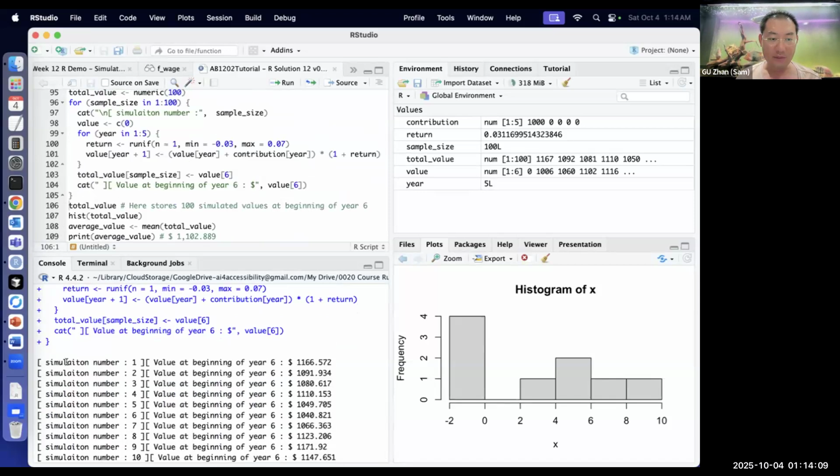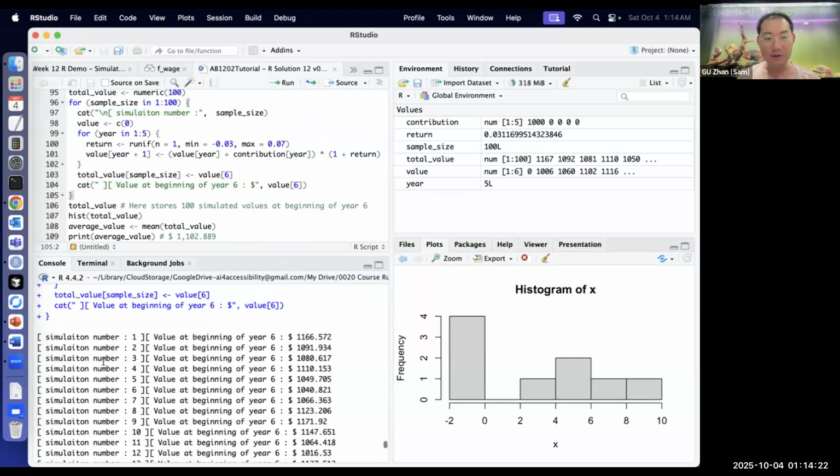The first part of the simulation number is shown here. Then the second part, the value at the beginning of year 6, is here. So they will be concatenated together and shown as one line. Okay, so for the first simulation, you get the average